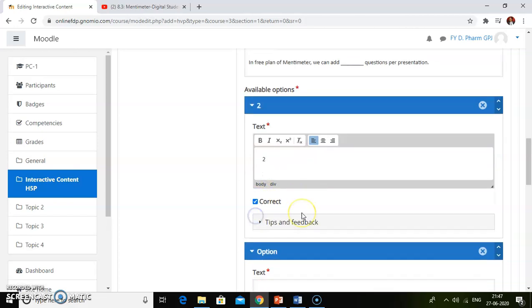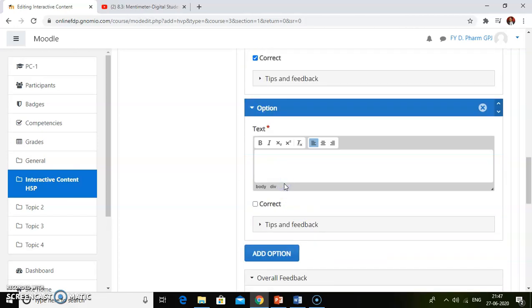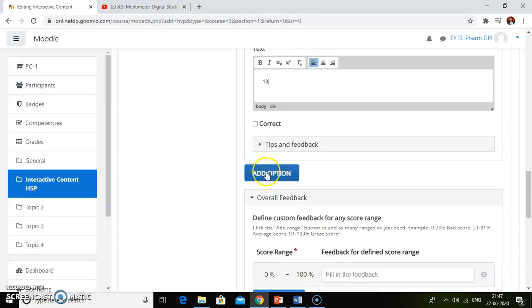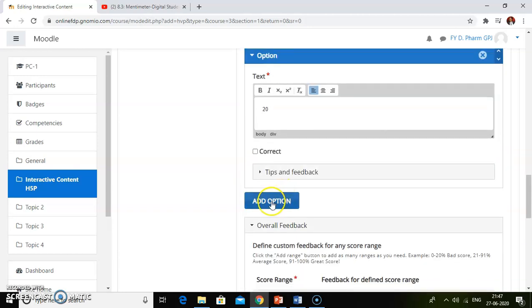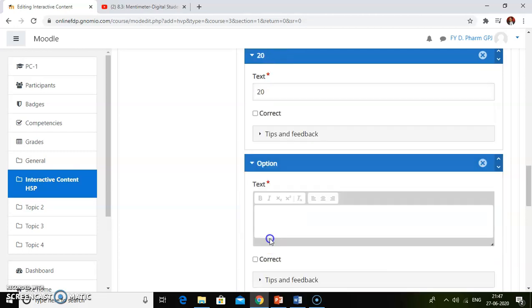If this option is correct, click on correct, then write down more options. You can click here the add option button to add more options.